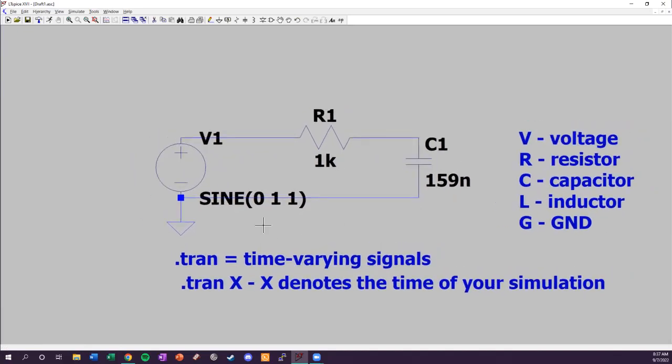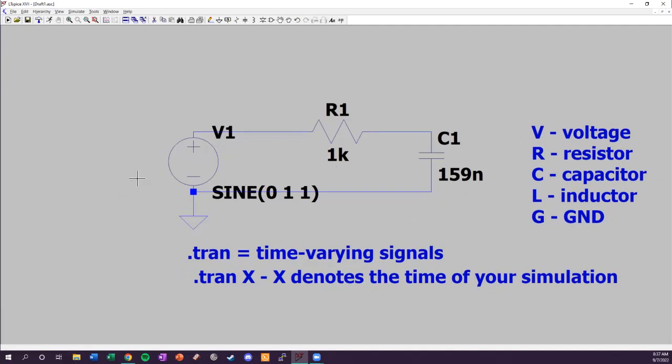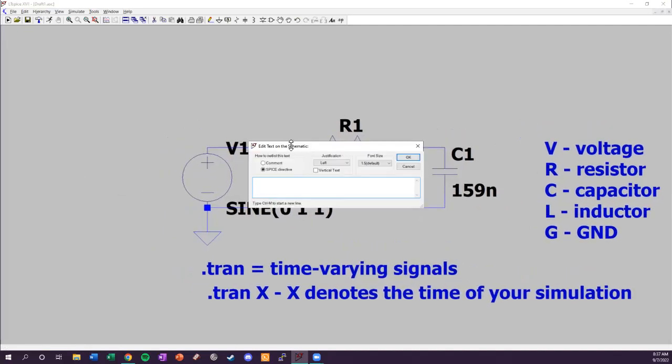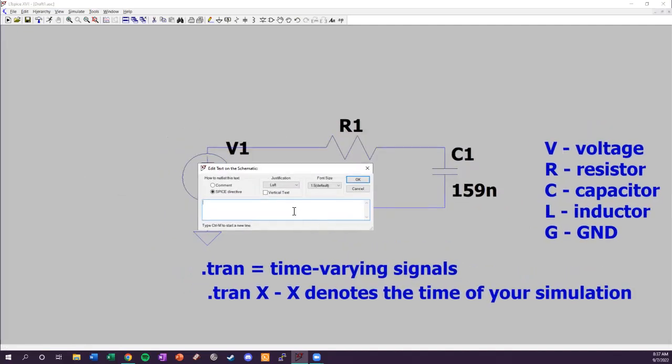What I recommend doing is actually right-clicking, getting ahead of myself. So the next thing we need to do is actually set up the SPICE directive, or basically tell LTSPICE what kind of simulation to run for how long. So if you're on Mac or Windows, go ahead and press S on your keyboard to pull up this window over here. And we're just going to follow this notation where we type in .tran and we type in,